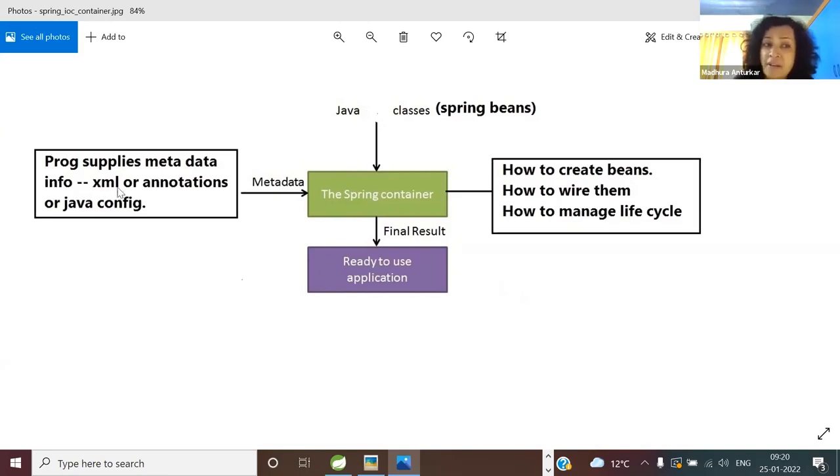Here we will learn it the XML way. I hope you remember XML is much clearer, much simpler for understanding. Once you understand internals, the first approach is full XML, today full XML. Then towards the end of the day, I hope I'll be able to show you some annotations. Later when we enter Spring Boot, you will see zero XML, all annotations, and something called Java configuration classes. So one thing at a time.